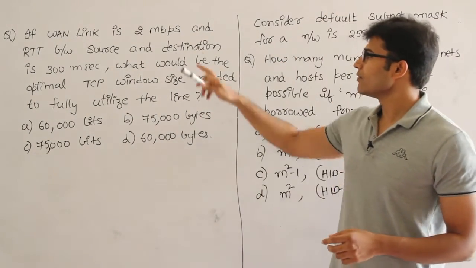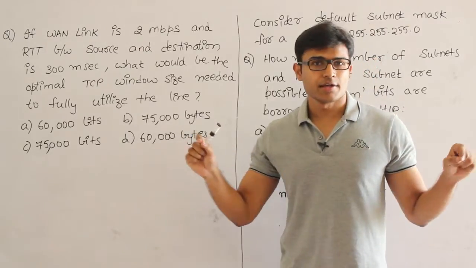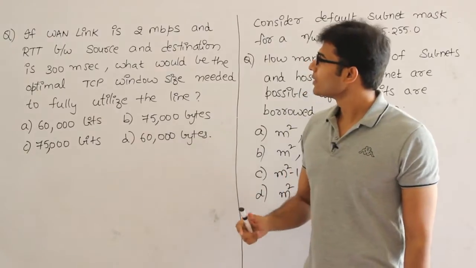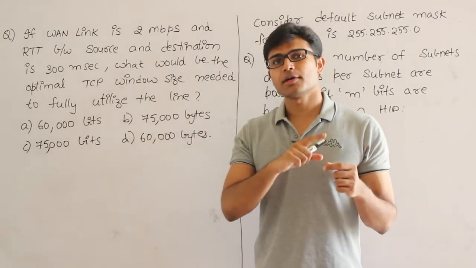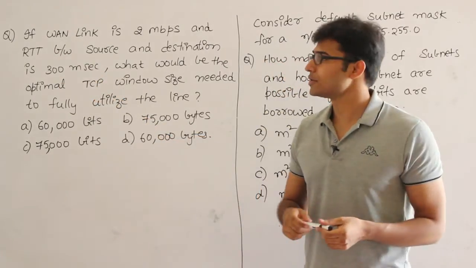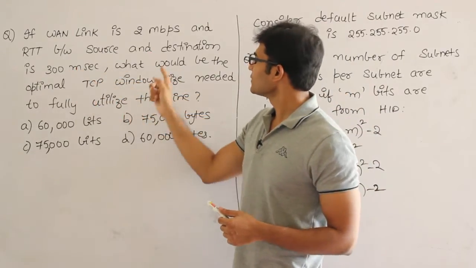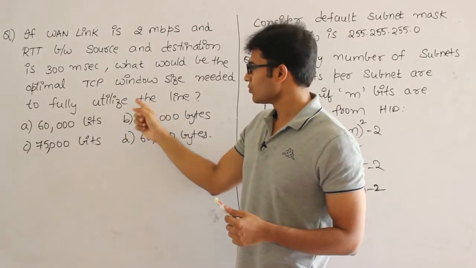Watch this. If the WAN link is 2 Mbps, which means we are having a wide area network where the bandwidth is 2 Mbps, and round trip time between source and destination, which means from end to end. Round trip time means from here we have to go there and again come back. Round trip time is nothing but 2 into propagation delay. If round trip time is 300 milliseconds, what would be the optimal TCP window size needed to fully utilize the